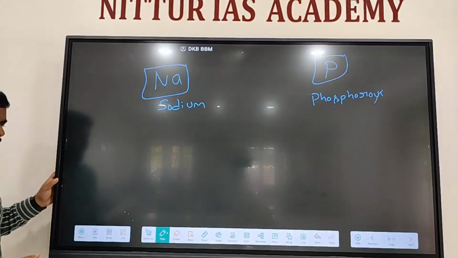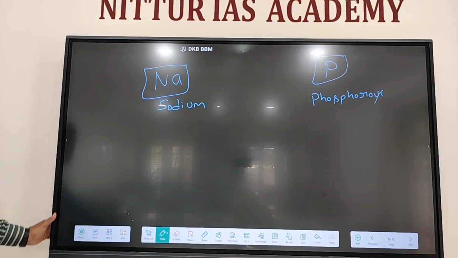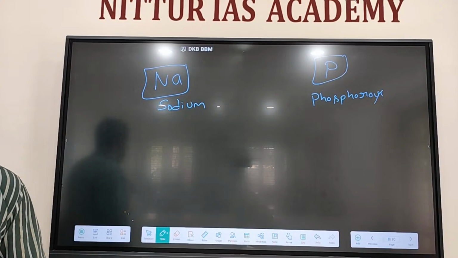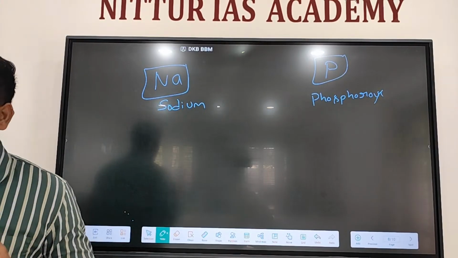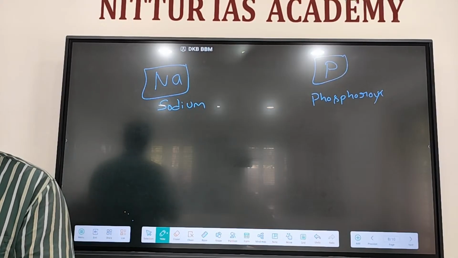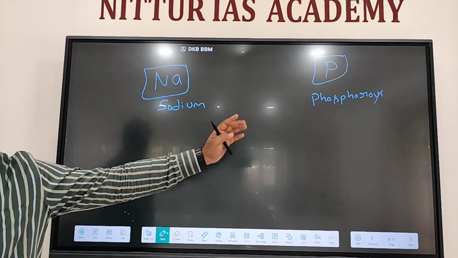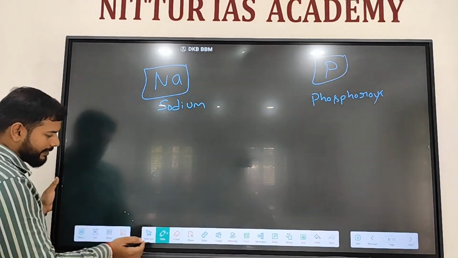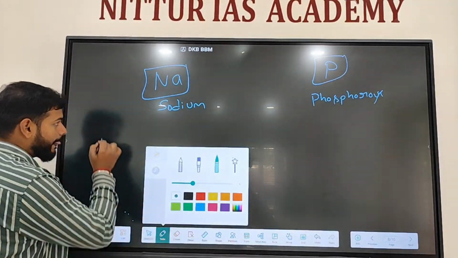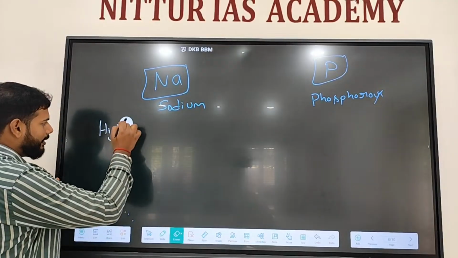Sodium. In our toothpaste and in our salt, we will be having sodium, right? But that will be in compound form. Sodium mixed with chlorine is sodium chloride, table salt. But if it is in the purest form, only sodium, then what happens? Sodium is highly reactive with